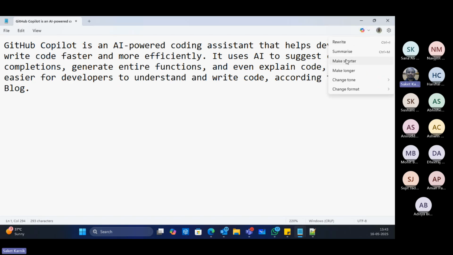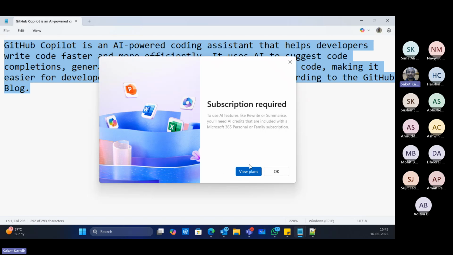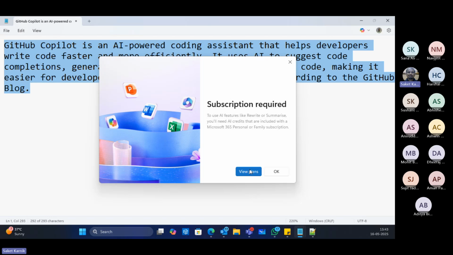And then you can see this is active once the content is here. Rewrite. Okay, so this will require a subscription, of course. Anything will need the subscription first.